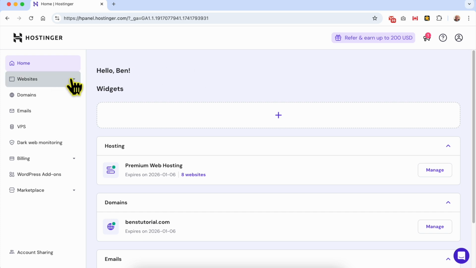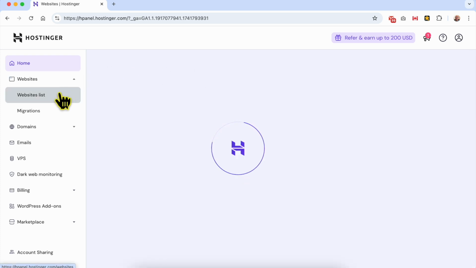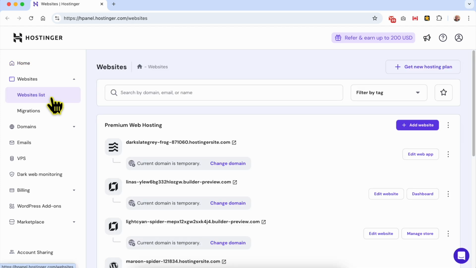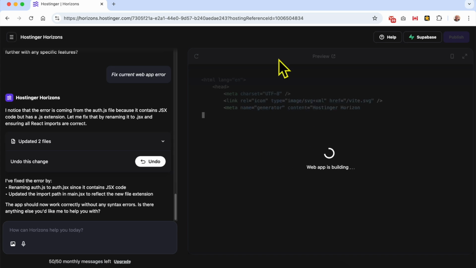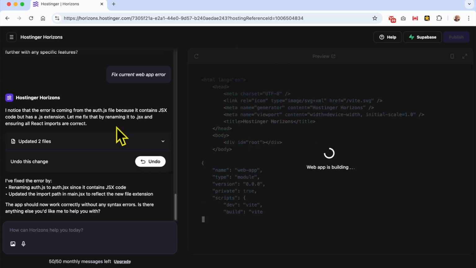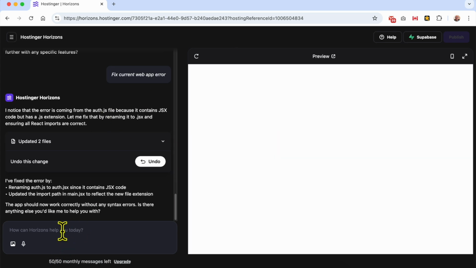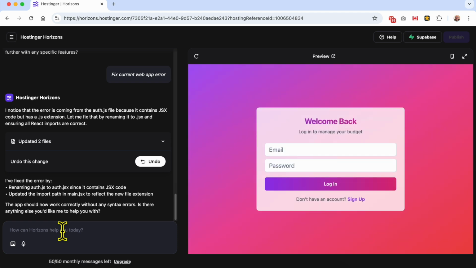Then go to websites and click on websites list. Now click on this edit web app next to your Hostinger Horizons app to access this page. After writing or discussing or chatting with Hostinger Horizons and building your perfect app, to publish